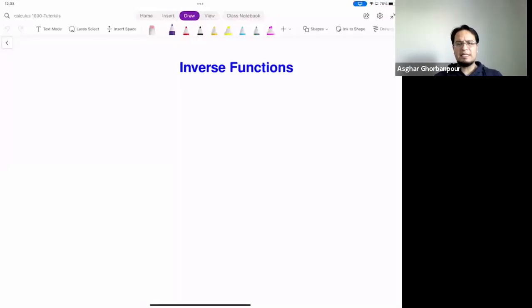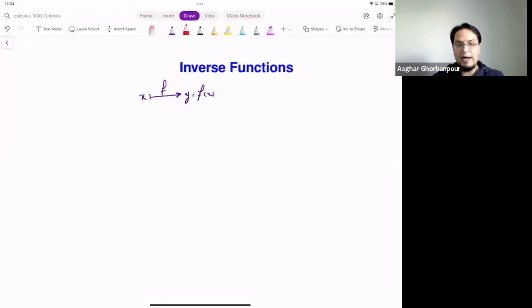Okay, what is this inverse function all about? So remember that we were talking about functions. These are the machines, the assignments, the rules, which have an input. You can plug in inputs and it spits out an output which depends on that function and on that input. Now, we want to see if we can create a machine which does exactly the opposite thing,